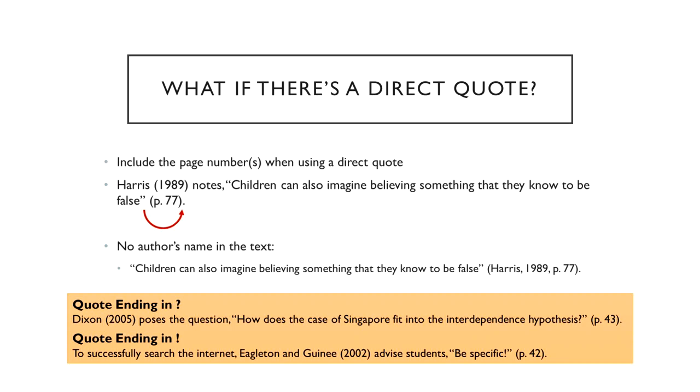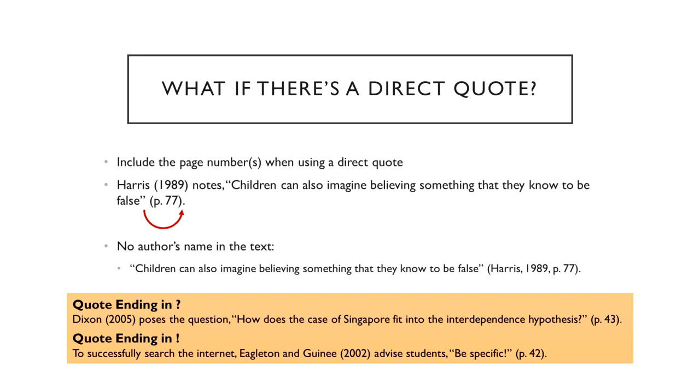If you have a direct quote, the extra element that you're throwing in there is, of course, the quotation. But whenever you have a quotation, you're also going to show the page number or page numbers that quotation is on. So you include the page number when it's a direct quote. Here's how that would look. Harris (1989) notes, "children can also imagine believing something that they know to be false"